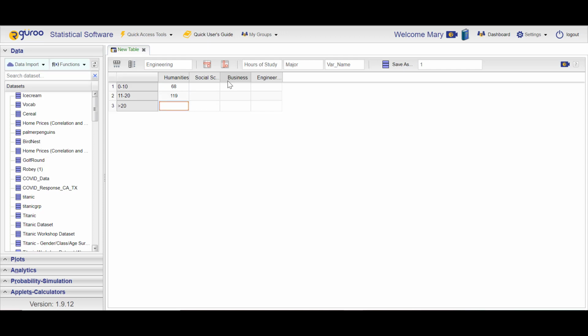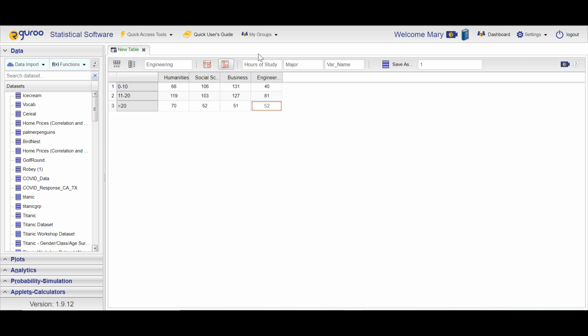I'm using the down arrow to go from cell to cell, and then for each column you have to click into it to do the next one. 106, 103, 52, and then 131, down arrow, 127, down arrow, 51. The right arrow doesn't work, that's why you have to click into each column. 40, 81,